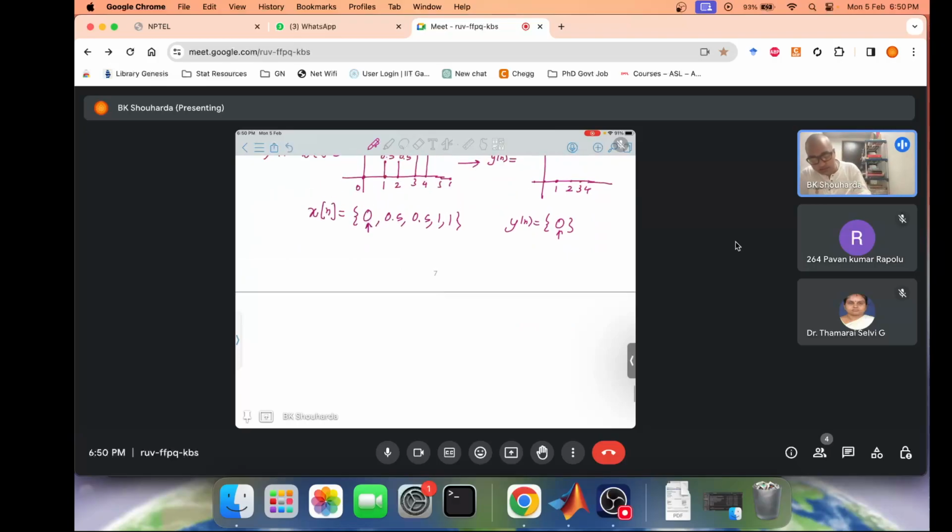The options provided are: a, y[n] equal to x[4/3 n], then y[n] equal to x[3/2 n], y[n] equal to x[5/3 n], and the